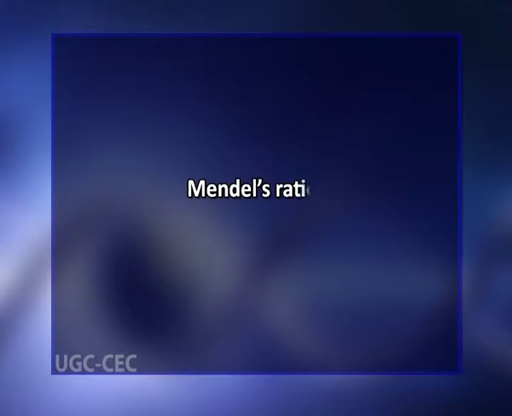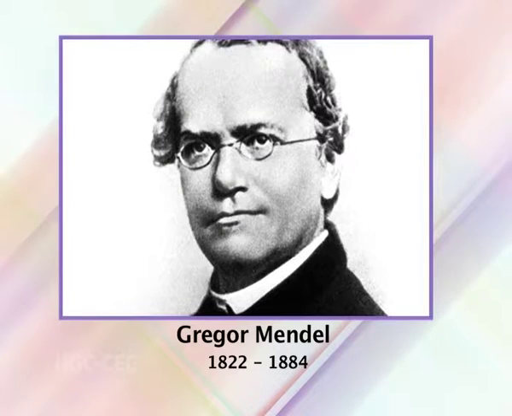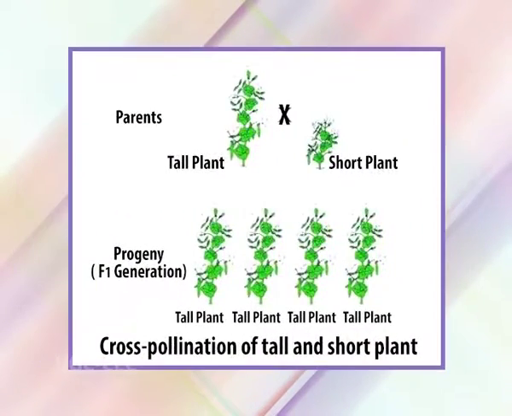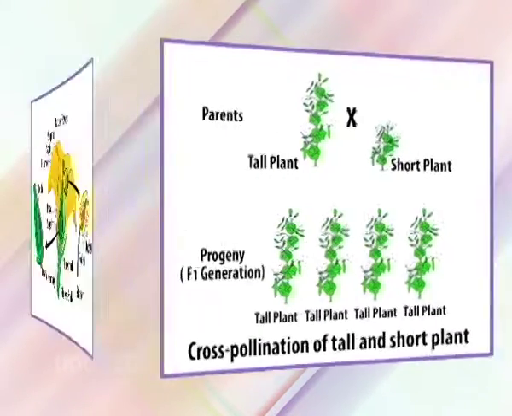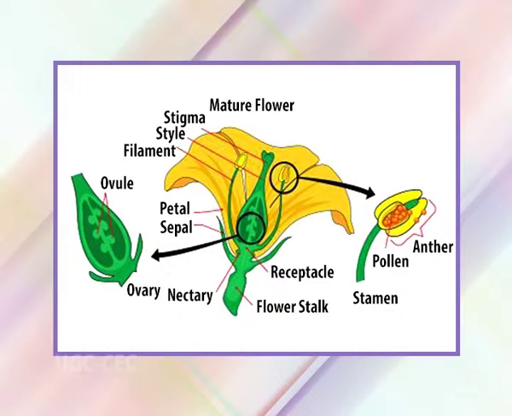Now lastly, an overview of Mendel's experiments, or rather, explaining Mendel's ratios. In one experiment, Mendel cross-fertilized, or simply crossed, tall and dwarf pea plants to investigate how height was inherited. He carefully removed the anthers from one variety before its pollen had matured and then applied pollen from the other variety to the stigma, a sticky organ on the top of the pistil that leads to the ovary.